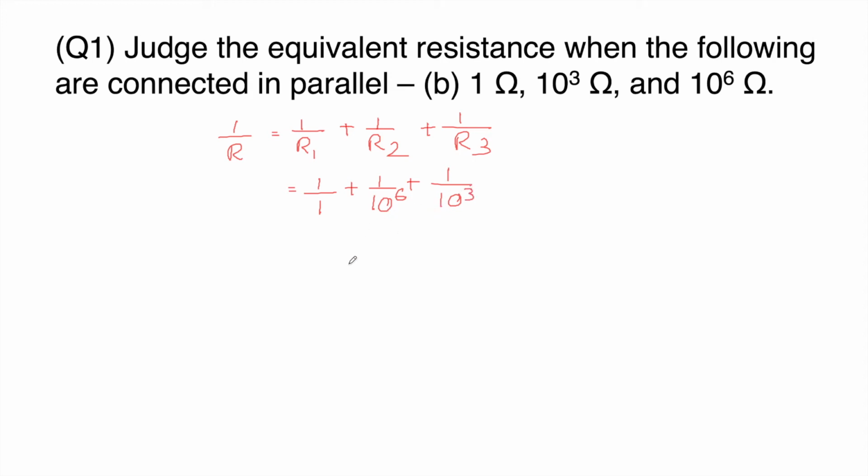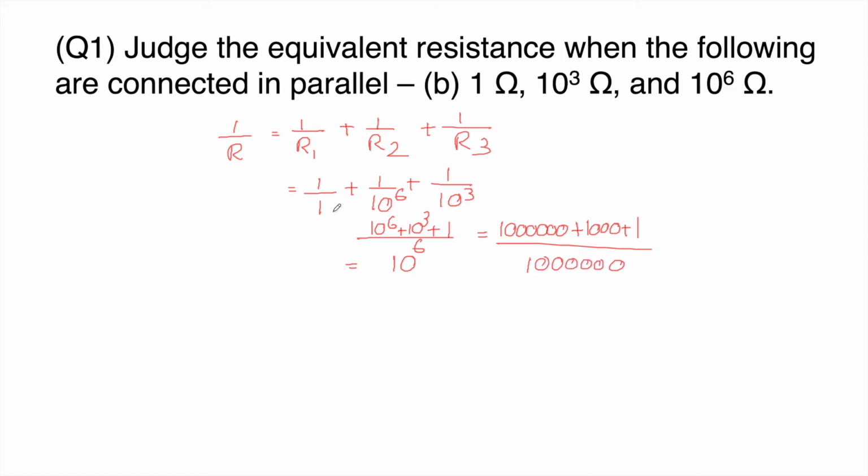So here the LCM is 10 raised to 6, and it will be 10 raised to 6 plus 10 raised to 3 plus 1. That means 6 zeros, plus 10 raised to 3 means 1000, plus 1, divided by